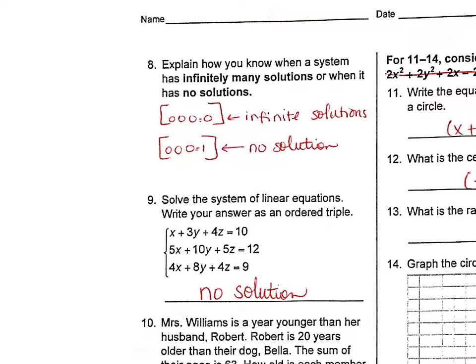All right, number 8 is just something you need to have memorized. That was from our notes when we talked about it. And really the idea is just to remember here, 0 equals 0. If this is the last row of your calculator, that's true, so it's infinite solutions. If 0 equals 1 is on the last row of your calculator, that's no solution, because